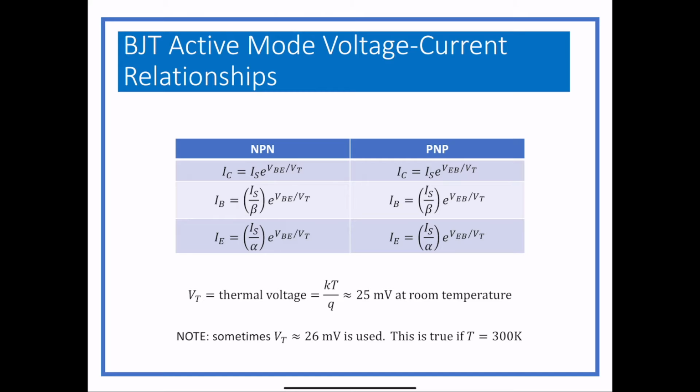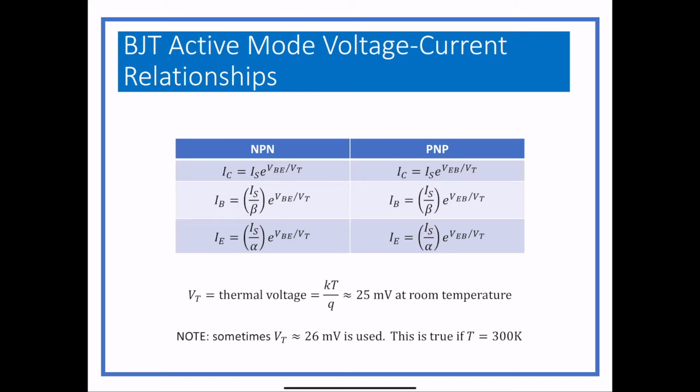IB and IE, you found pretty much the same way. It's just that the saturation value is divided by either beta or alpha, depending on what type of device you're looking at. The thermal voltage,